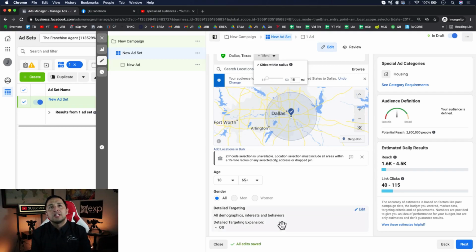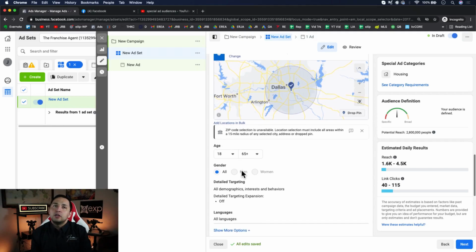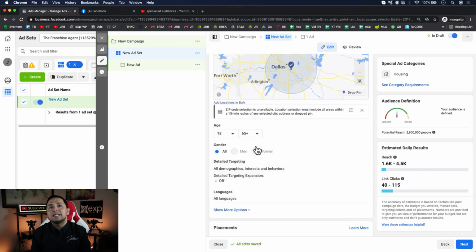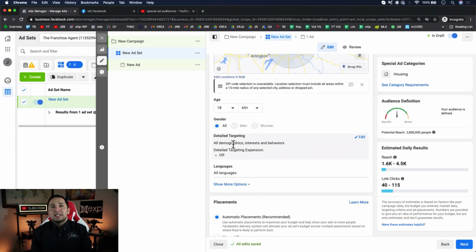Another distinction outside of the 15-mile minimum is you can't filter between any ages. So anybody above 18 is going to receive your ads. Gender, you can't select male or female. You can't select based off of demographics or behaviors. You can still select interests. So demographics is who you are. So if you're a parent, if you have a toddler, demographically, you can't select that. Behaviors, you can't select if you're likely to move. That's a button that used to be around, and that kind of spoiled us as marketers, but things have changed.